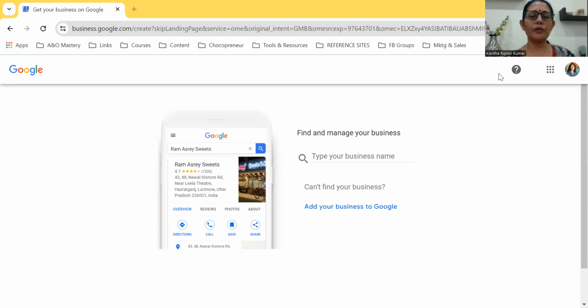See, it is asking for your email or phone number, home address, add a profile picture, and sign in. So if you give all these details and much more, I'm not doing this because if I create it, it will be created in Google. So just go there, fill in all the details. It will ask even for a proof.